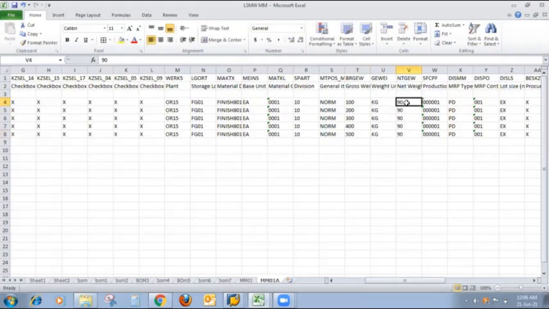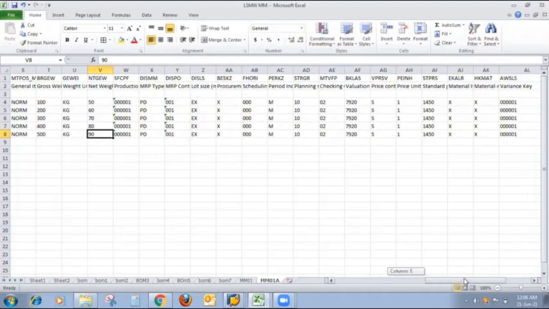Also my net weight I change to 50, 60, 70, 80, or 90. Again, I change the standard price also: 1000, 2000, 3000, 4000, or 5000. Yes. Now I want to save it.